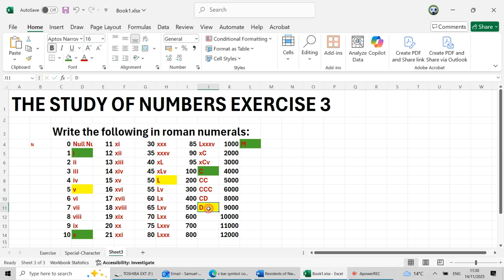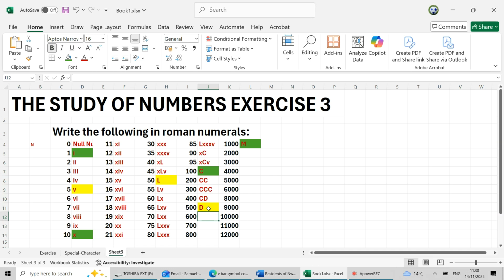And our D is 500. Now, 500 is less than 600. We cannot now write D or DD or triple or C times 6 to make 600. So what we need to do,